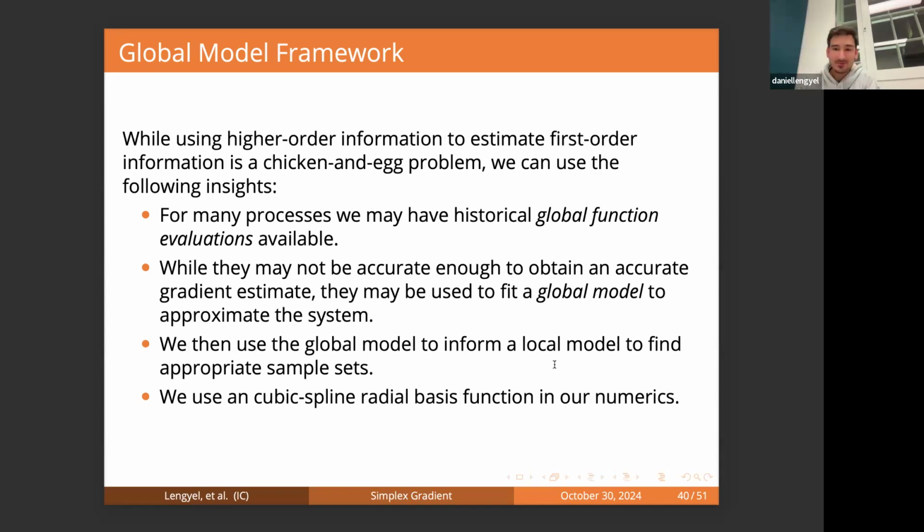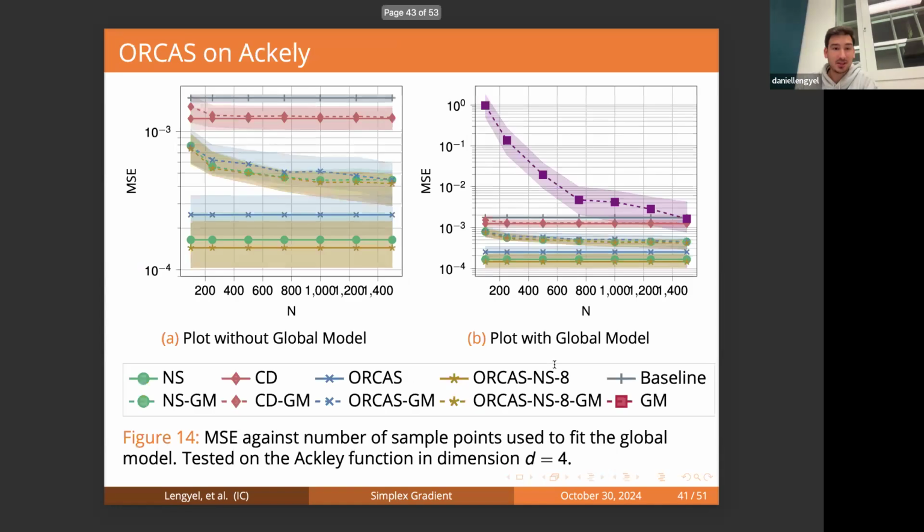Here's the first case, the centered simplex gradient. We see that the solid lines are without the global model, just as a baseline, to see how good we could get. And the dashed lines are using this global model. If you look at the first figure, we see that the solid lines give you, again, an improvement of